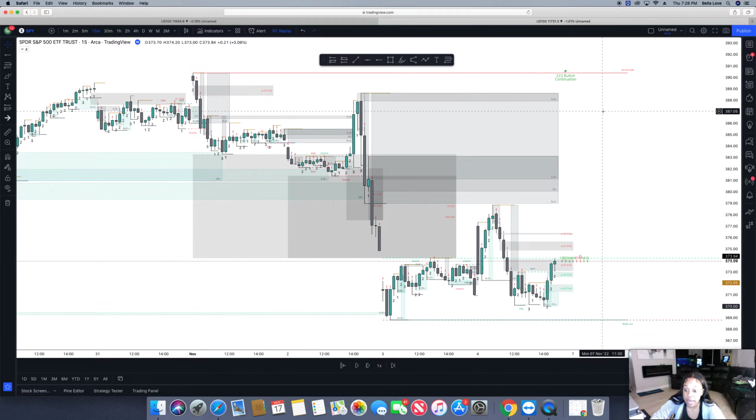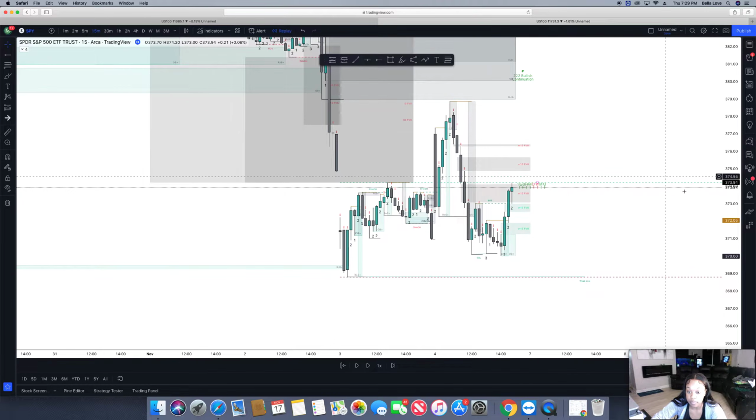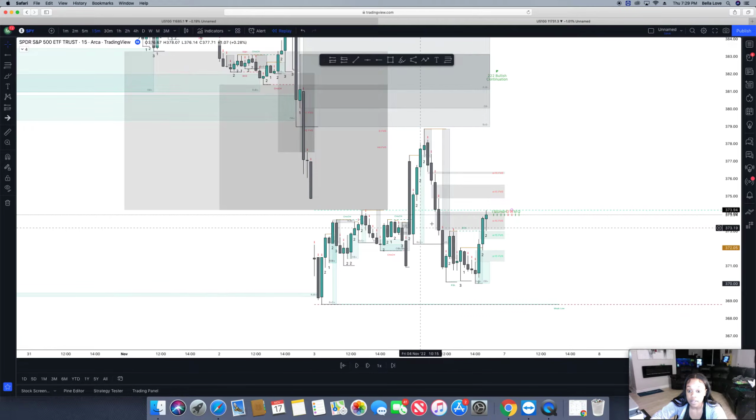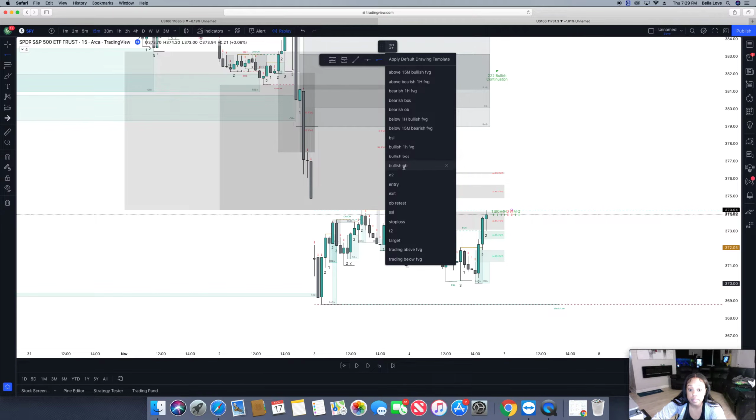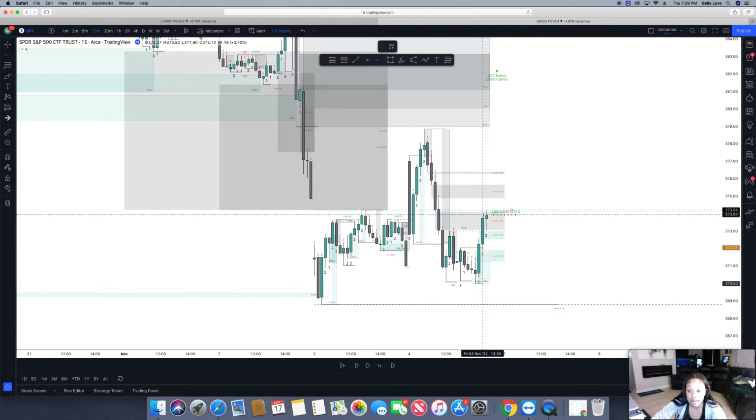So how I trade is I trade using fair value gaps. So from here at this fair value gap, this can possibly be an entry. It is at a bearish fair value gap, so it could reject as well. But let's just say if it continues towards the upside, this is an entry here. So if I was entering here where the market is currently at exactly